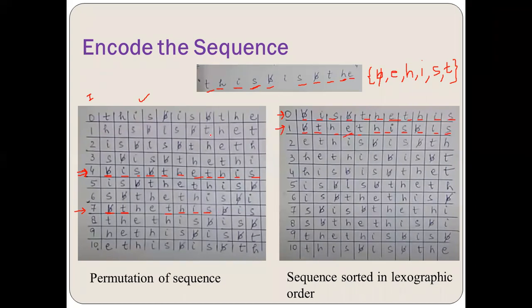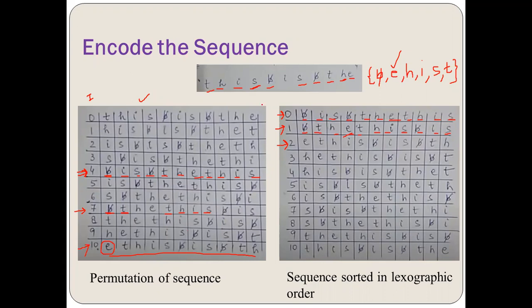0th row, first row. Next comes the next symbol, that is E. So I'll look for the symbol E which has the first position in any row. The 10th is the row in which E has the first position. Any other row? No, there is no other row in which E is having the first position. So I will take this complete sequence at the second row. So E, T, H, I, S, B bar, I, S, B bar, T, H will be entered here.